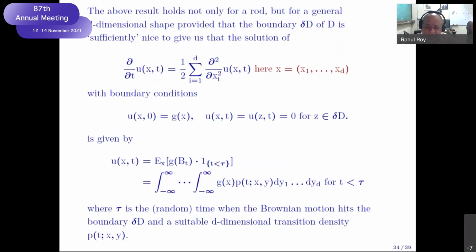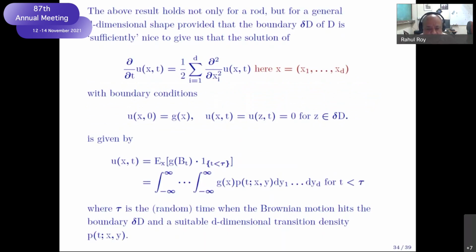And Kakutani's theorem works provided the boundary is sufficiently nice. So this delta of D is telling me about the boundary of the domain D. And here, of course, because it's d dimensions, we have to get the partial derivatives across each of the dimensions. And so taking x to be the vector x1, x2, ..., xd, Kakutani tells us how to